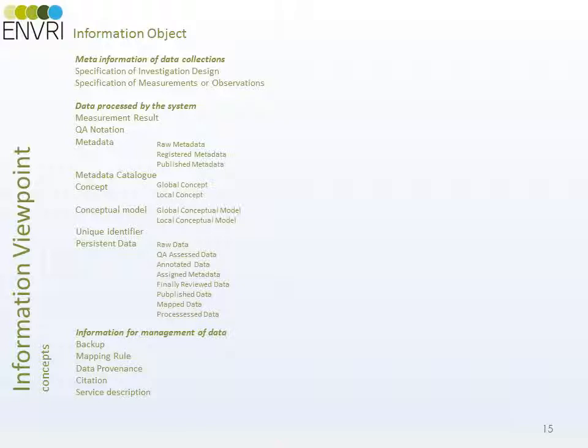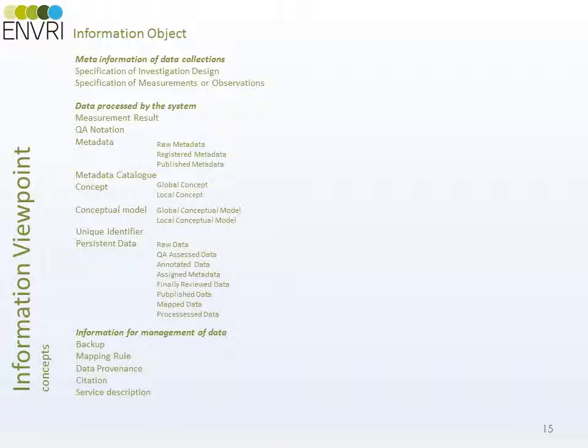The second type of information is data or information processed by the system, mainly linked with persistent data, including the scientific data itself, quality assurance annotations, all metadata and metadata catalogs, as well as concept specifications such as ontologies, unique identifiers for datasets, the various data states, raw, annotated, published, and so on, assigned to datasets,